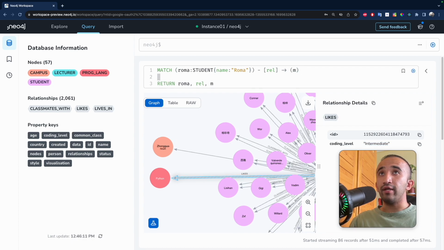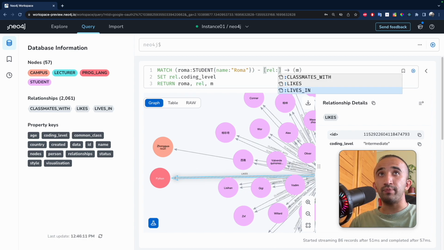I just again use the set keyword. Set relationship. It's a property of a relationship, so we need to access the likes relationship, right? So relationship. You can even do rel. It will check all the relationships and then it will look for the ones which have a property of coding level. You can even do that, or if you don't want to do that, you can actually specify likes here, but